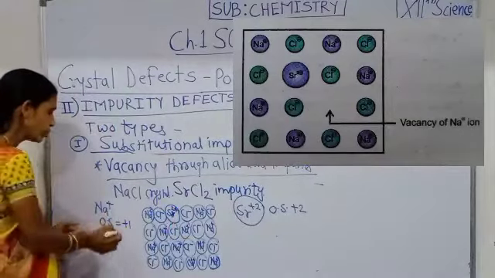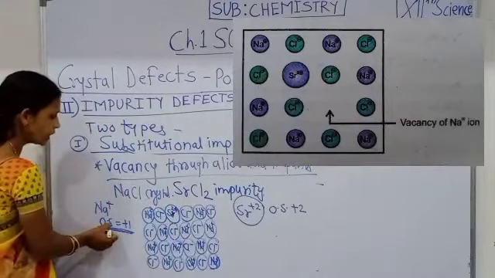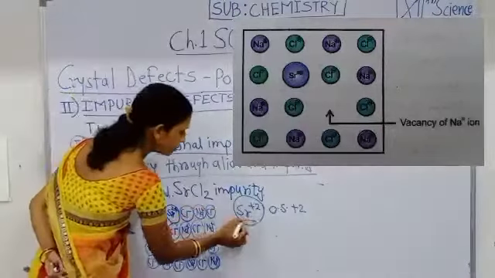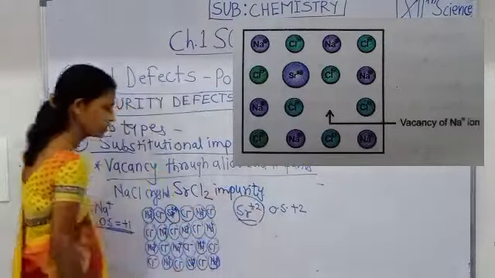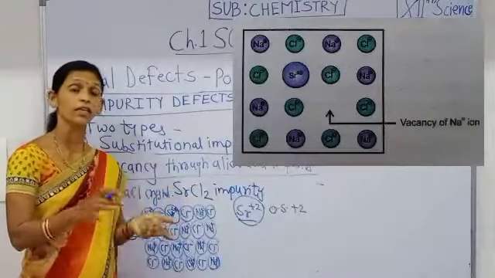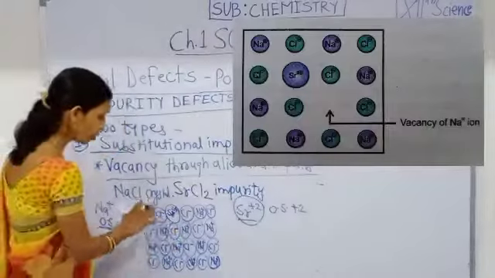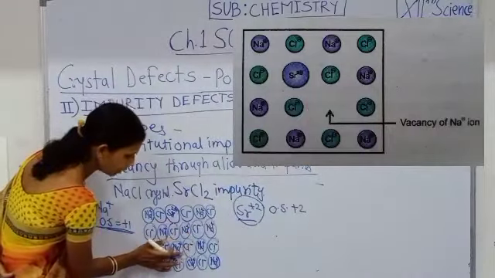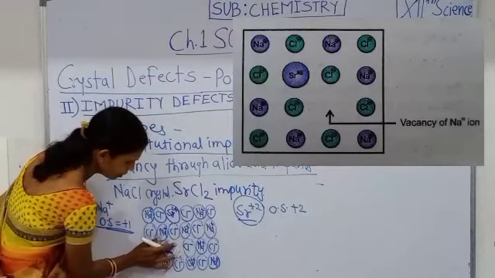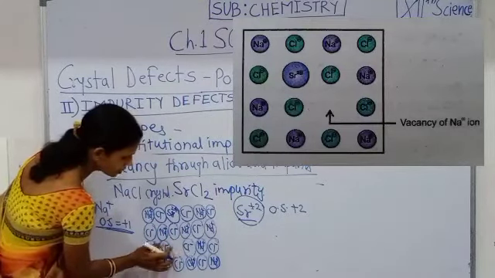The ion with +1 oxidation state is displaced by the ion with +2 oxidation state, and therefore to maintain electrical neutrality, one of the Na+ ions is also missing from another site, and